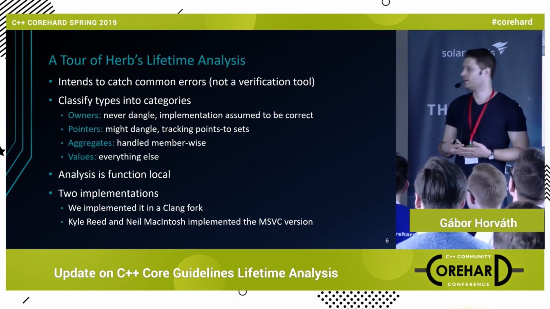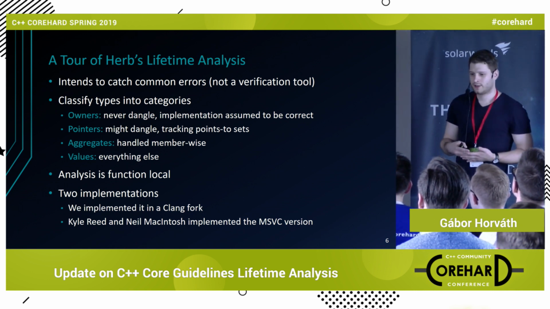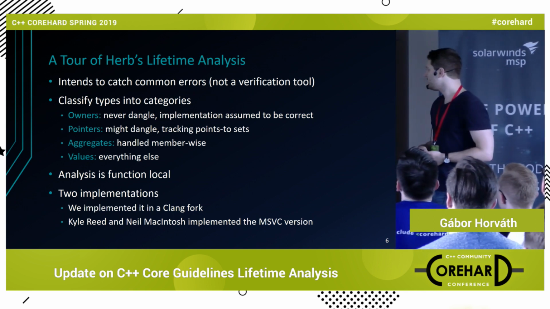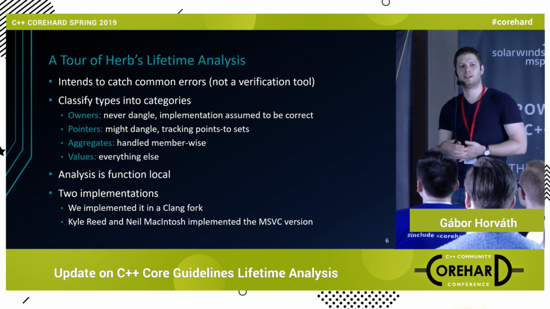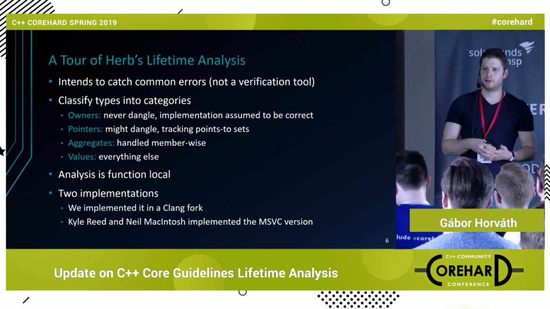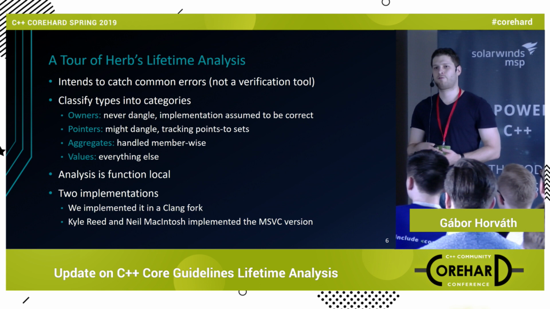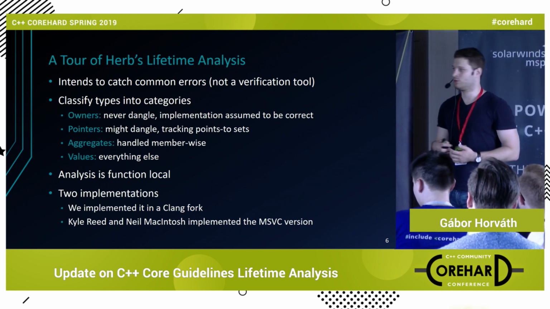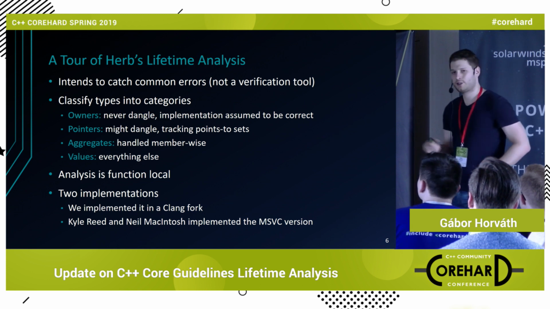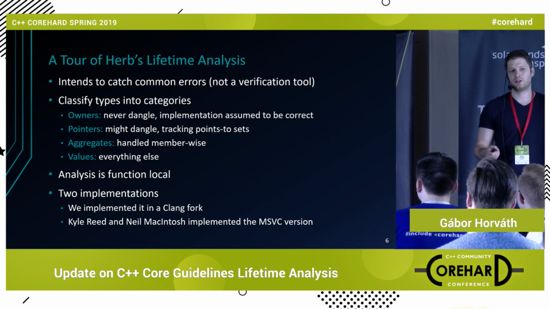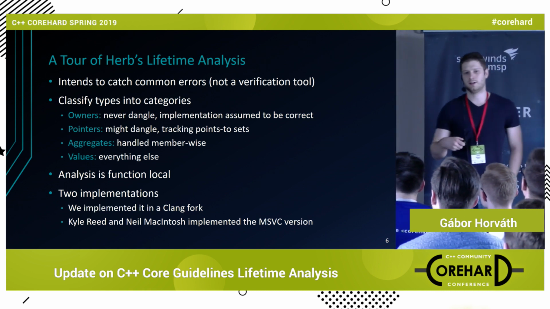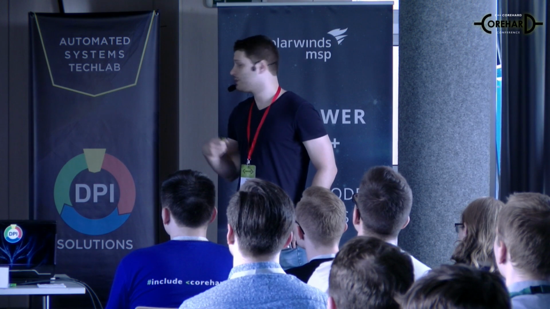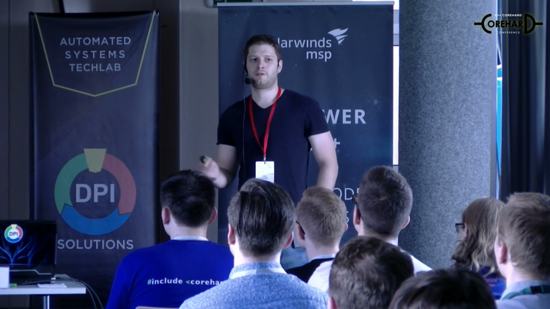A vector is always pointing to its own buffer. A unique pointer is always pointing to the object it owns. So we do not really need to check if they are used correctly. Usually we have trouble with pointers that might dangle, that do not own the pointee. And for these pointers, we are essentially doing a points-to analysis. We are tracking the possible locations a pointer might point to, and we use this information to try to find